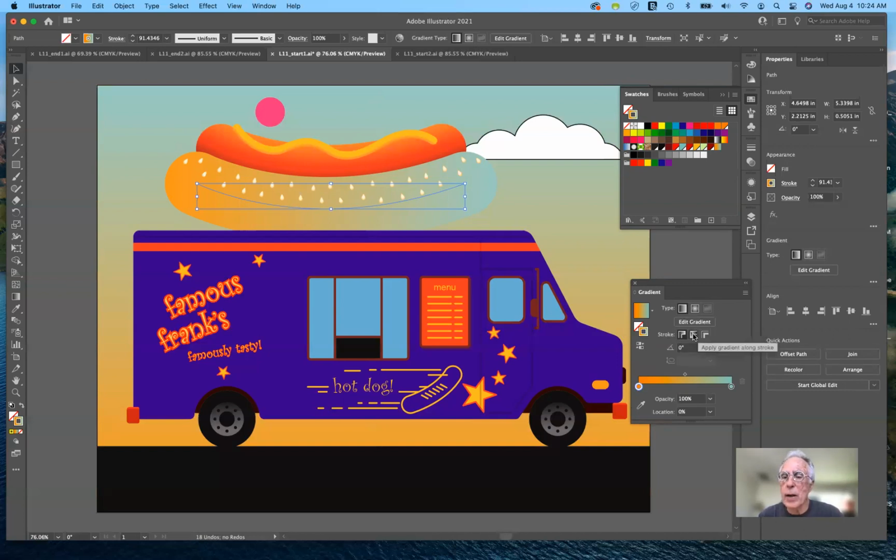I can go to the next one and it says apply gradient along stroke. And actually that looks the same with this particular version. But if I select the third one, apply gradient across stroke, you can see that now it actually follows the curvature of the stroke, which is really very powerful. These are only recent additions to